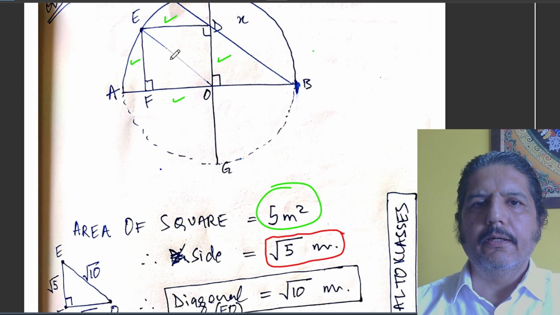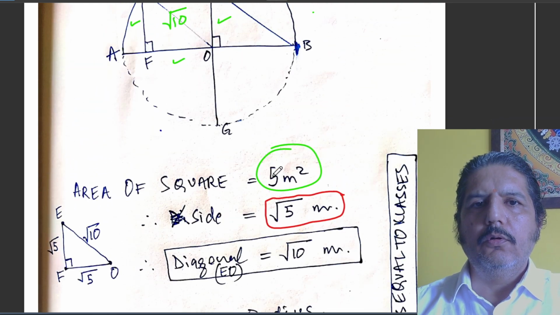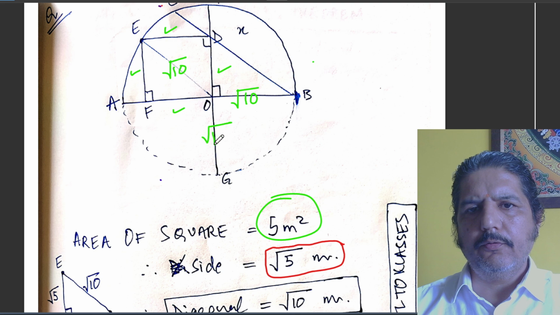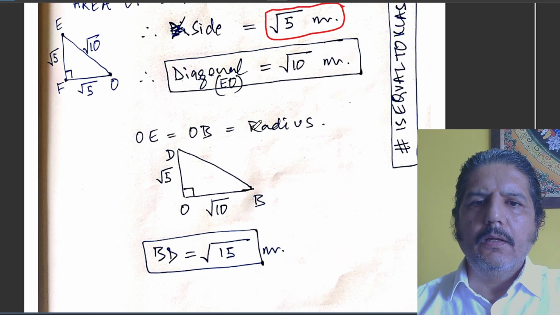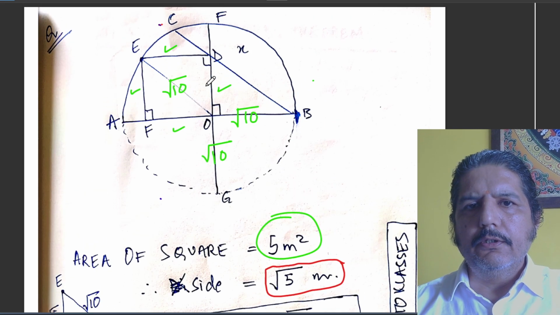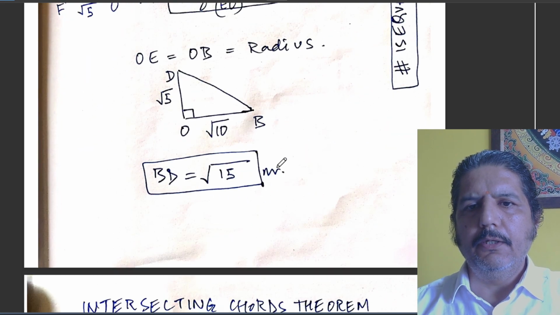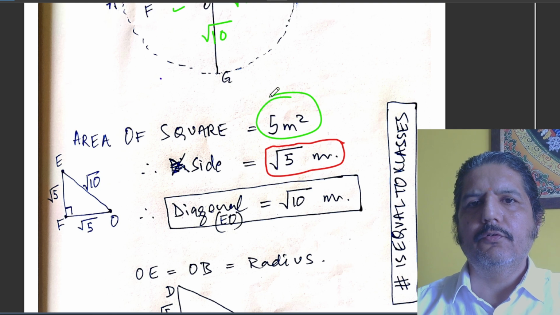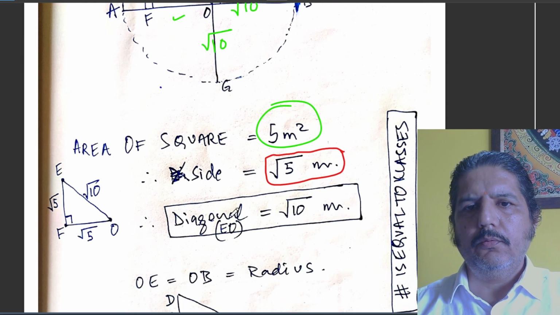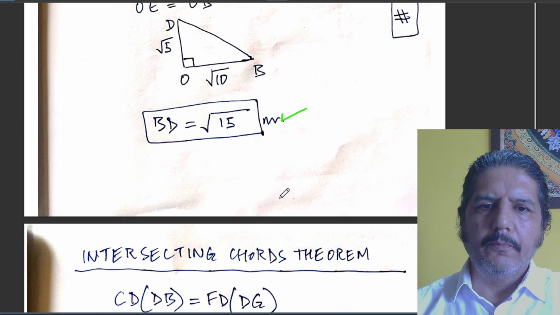So diagonal is root 10. I have found the diagonal, which is root 10. So using the diagonal, I know that the radius of the circle is root 10. And using this root 5 and root 10, I have found DB. This is BD, or DB, one and the same thing. So this is root 15. So I found this to be root 15. So this is what we have discussed earlier. And now